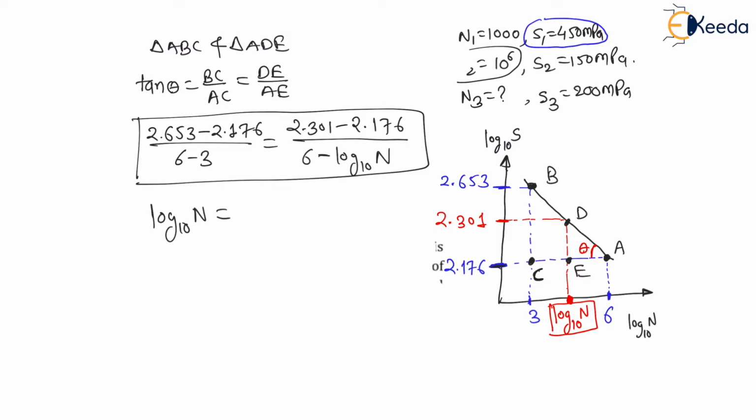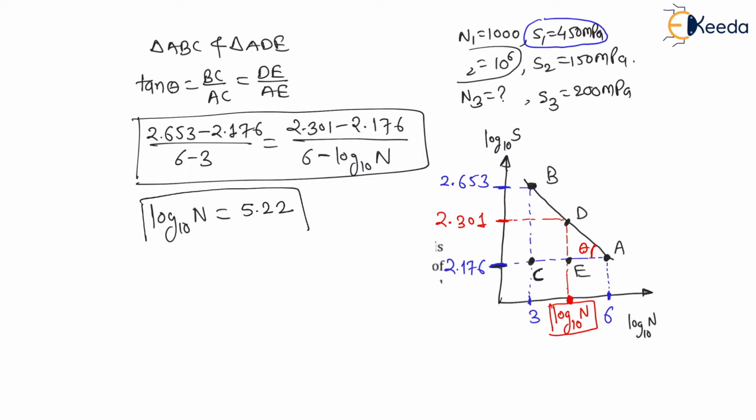And if you are feeling problem simplifying this, then this is a big problem, my dear students, right? For the GATE examination, such type of calculations you have to do very easily. Then only you can get a good score in the GATE examination, right? This is a simple school level aptitude only. Therefore, if I solve this for log 10 n, then I will find log 10 n is equal to 5.22.